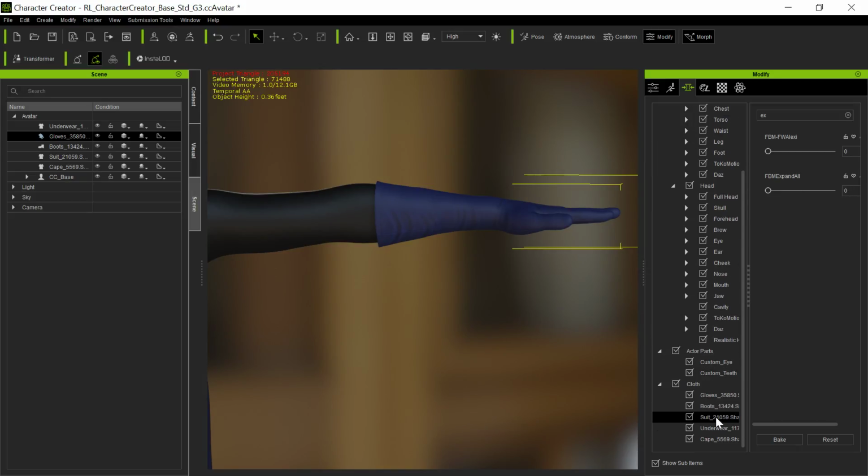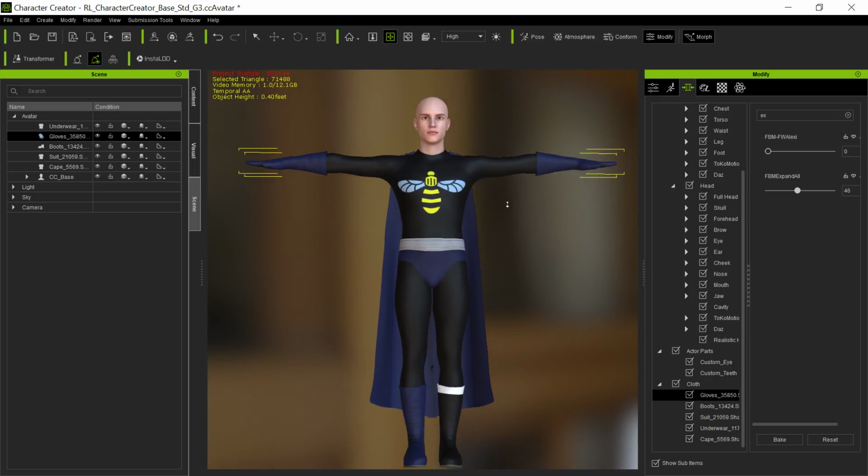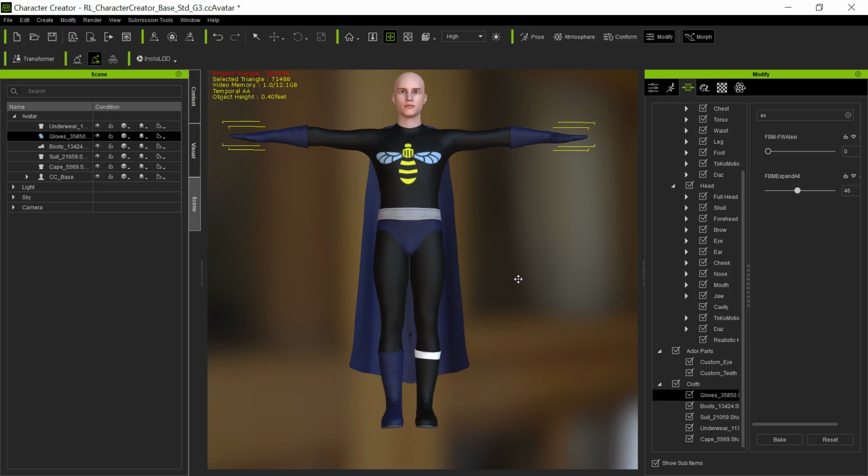Hang on, let me go to the gloves. There. Gloves. And we can expand them. A lot of times people have the wrist. I noticed this superhero had the expansion on those gloves, so we have those morphs in there, so we can do that. And the last thing he would need to do on his prop is we need to put weight